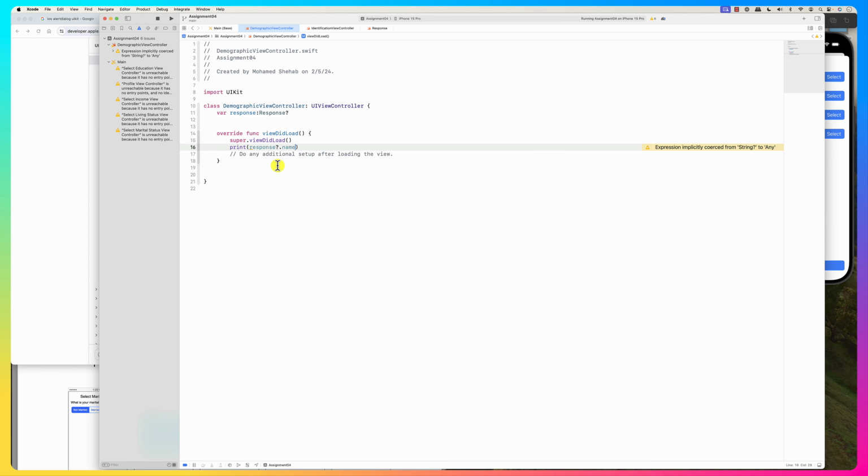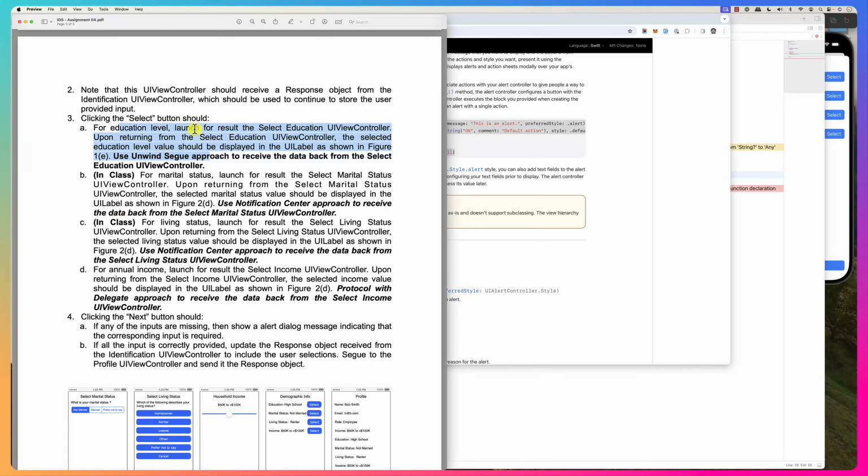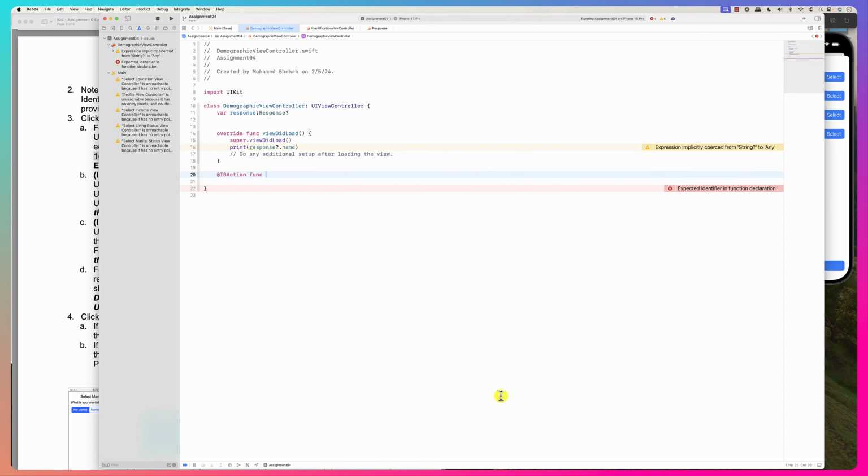In order to do that, there is a boilerplate code that we need, and if you look at the video, it shows you exactly what we need to do. It's something like this. So basically we need to unwind. We just need an IBAction, and we call it a function. And how many unwinds do we need to do? Let's see, only one unwind. So I'm going to unwind from